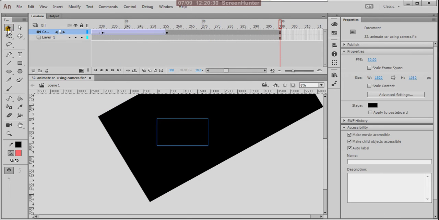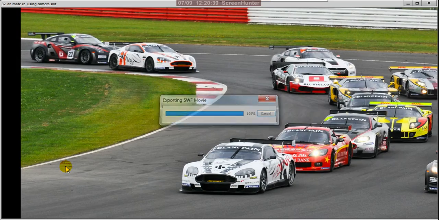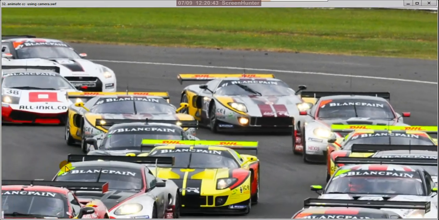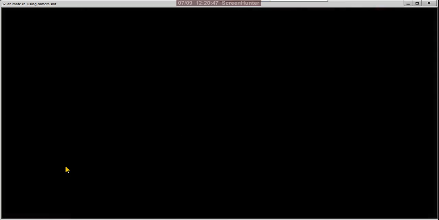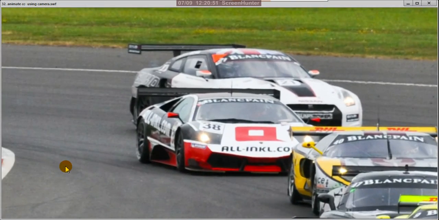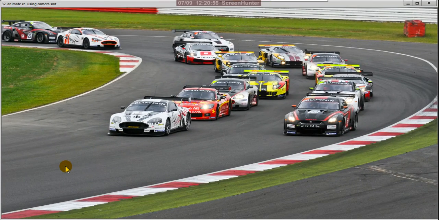Right, now let us check what will happen. So control enter. Now you can check your animation, the camera animation. See there, fantastic, excellent, beautiful. Okay, so there I have to cover one black patch is there. Excellent,